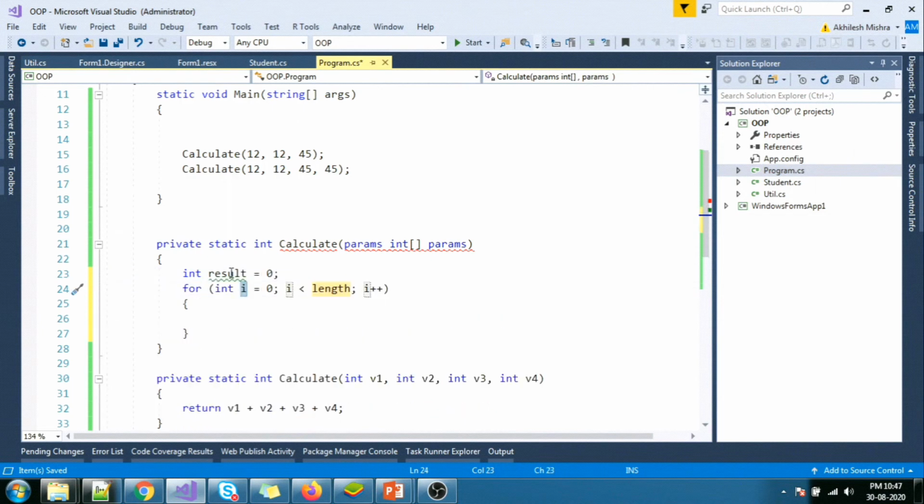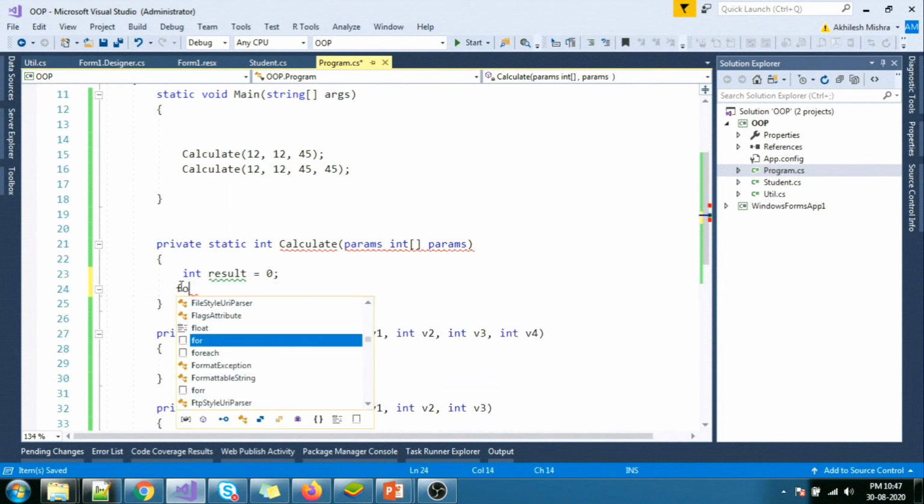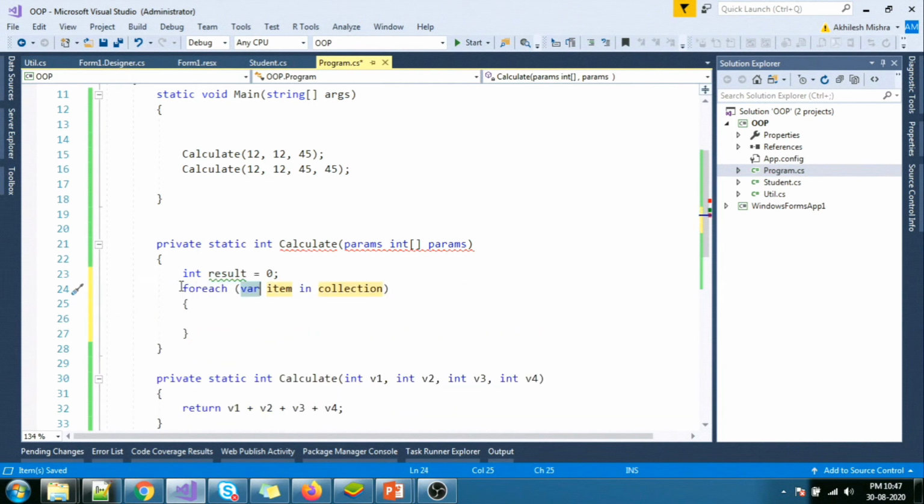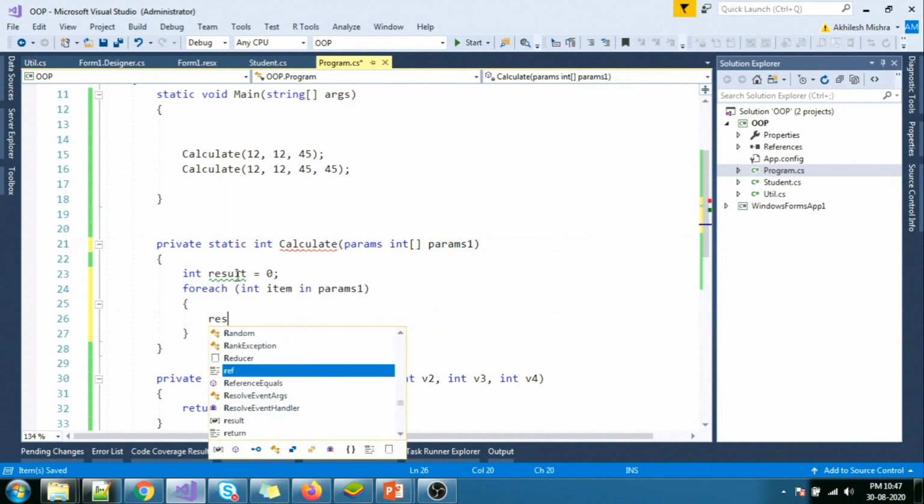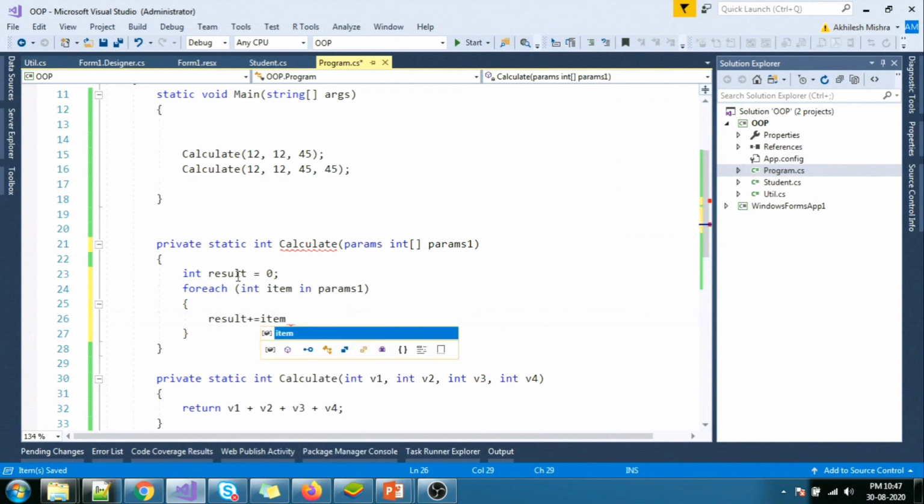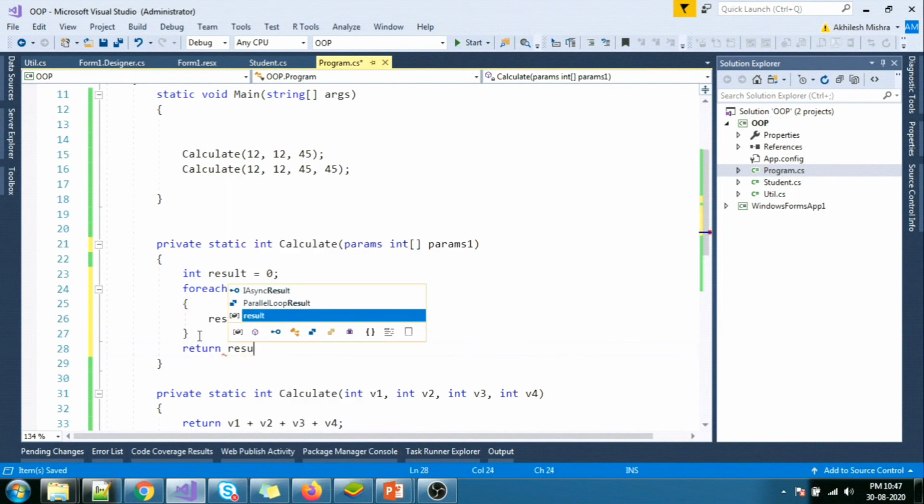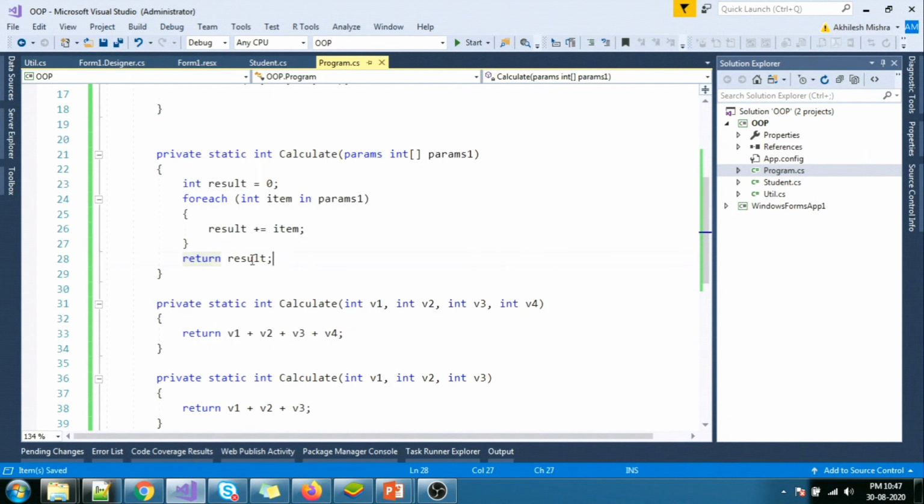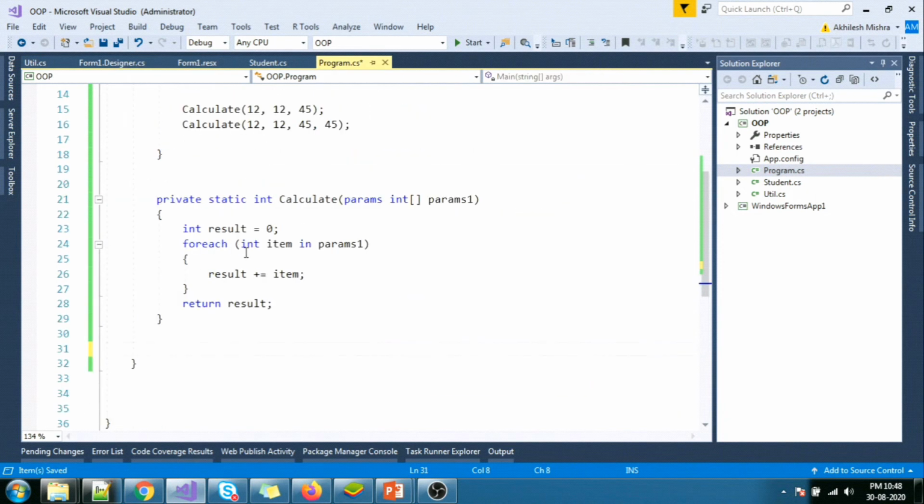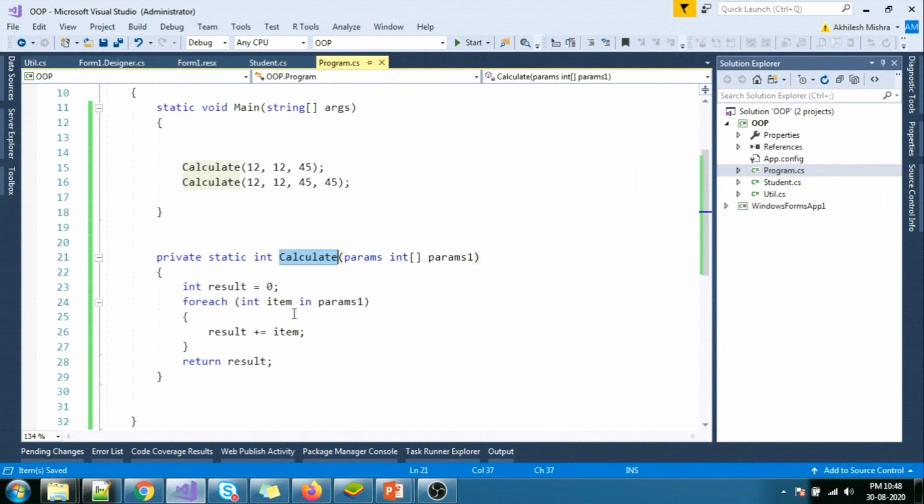0, and I will use foreach over here, foreach tab int in params. So params is a keyword. I'll just use result plus equal to item, and at the end I will be returning the result. So if I remove this function, and click on this and say F12, it is going to come here. So let's print it, cw12 cw tab,